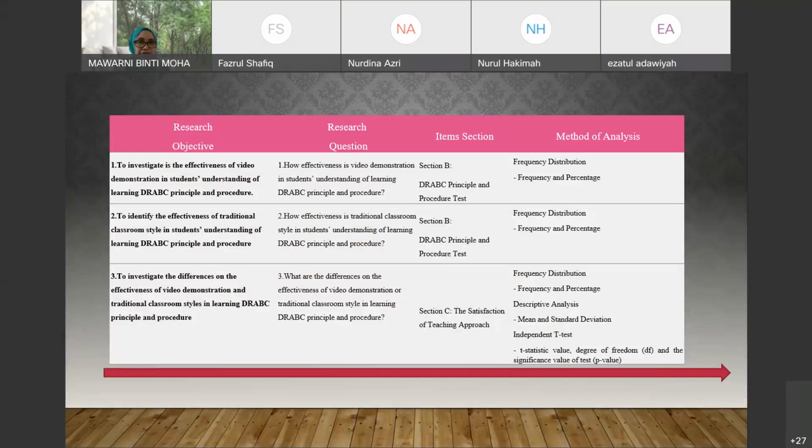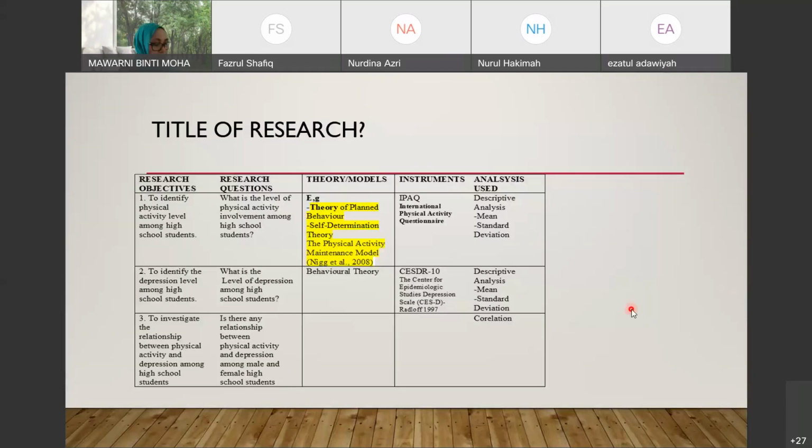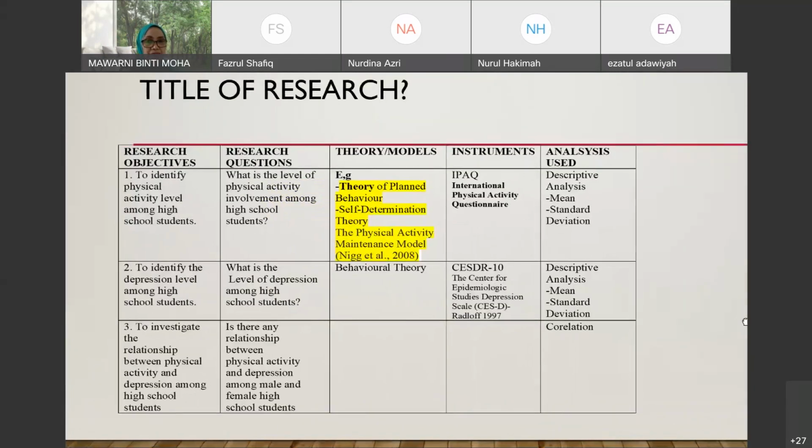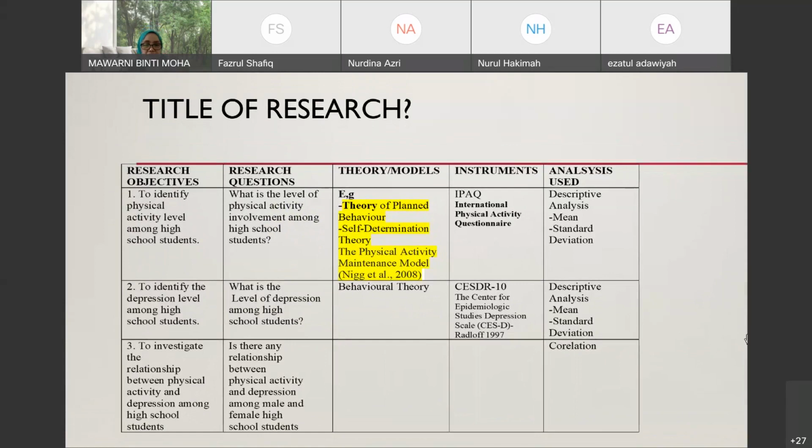Thank you. Next one. Okay, another example, similar, cuma yang ini saya letakkan theory and model sebab kalau you lihat, based on this sequential tadi, you can see research objective, research questions in chapter 1, the theory and models are in chapter 2, instruments and analysis you explain in chapter 3. Okay, and it is used in chapter 4 actually. So it covers all and you see that it's all relevant. I hope you follow this. You put out your information in a form of matrix table, and I'm sure your supervisor will be very, very happy.